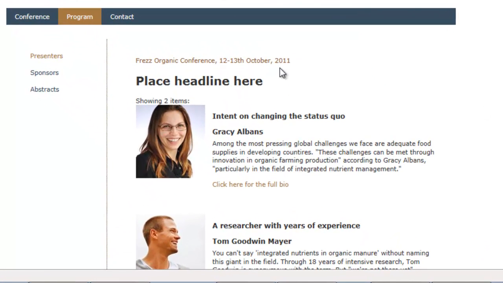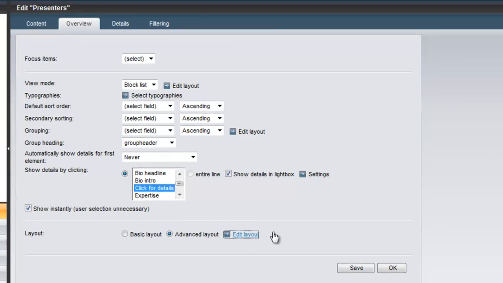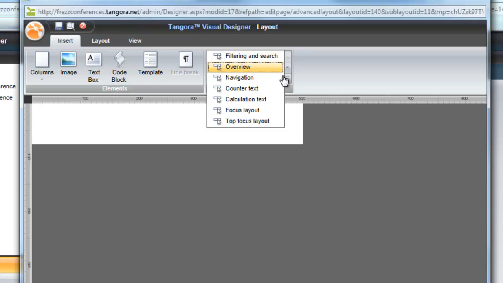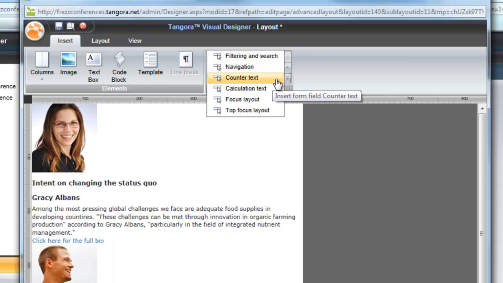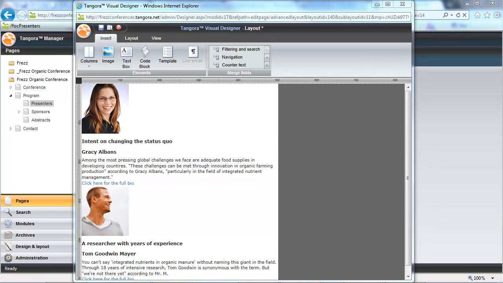First, a little detail. There is set by default a little counter text here saying showing 2 items. That's super if you want it, but it's superfluous here. Fortunately, it's easy to get rid of. Well, I could go here under Overview and create for my overall overview layout an advanced layout and then place each element exactly as I'd like them to be. And here I just omit counter text. It's lovely that we have the ability to make an advanced layout here, and I just wanted to have an opportunity to show that to you.